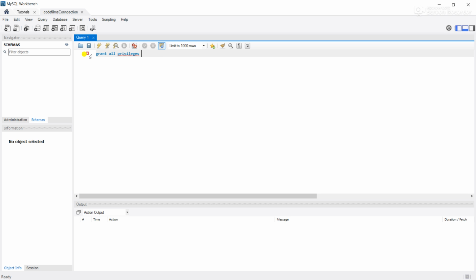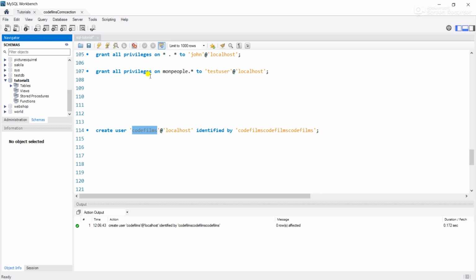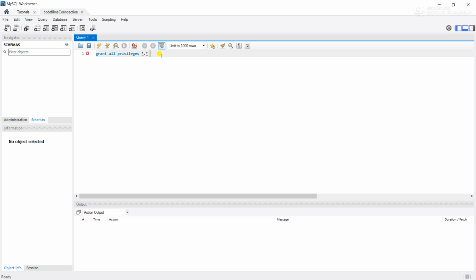and we say grant all privileges to these databases. The first asterisk is for the database and then the table. So we are granting all the privileges on all the databases and tables that we have available. I think I've lost the syntax for it. So let's grant all the privileges found within all the databases and all the tables to CodeFilms